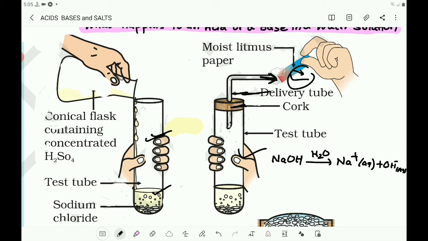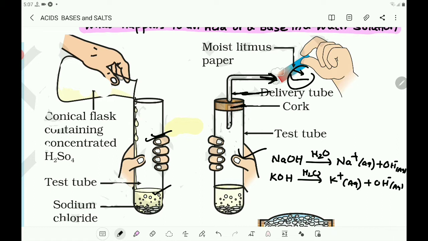An alkali is a base that dissolves in water. The bases which dissolve in water are called alkali. The process of dissolving an acid or base in water is a highly exothermic one. Take one more base, potassium hydroxide. It is also an alkali which dissolves in water, and gives positive ion K plus aqueous, and OH, hydroxyl or hydroxide ion.